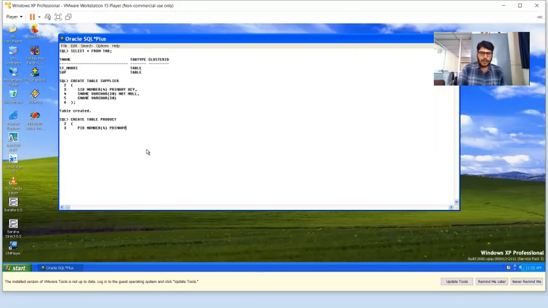I'm going to declare this product ID as a primary key because the same product ID I cannot allocate for multiple products. So after this, PNAME for storing a product name. Let me specify size as 30, and let me declare it as NOT NULL. And after this, I'm going to specify unit rate. See, there are 2 words in unit rate, so I need to merge these 2 words by using underscore, UNIT_RATE. After this, I'm going to define the data type as number, and out of 7 digits, 2 digits it has to consider for decimal places.